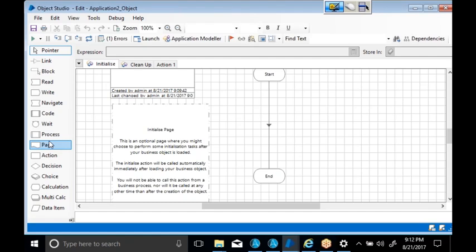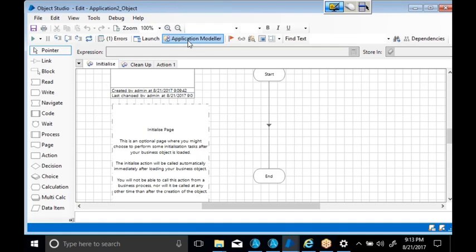Now, how can I interact with the application? I said I will automate the application by using the stages and the object. How can I integrate my application with Blue Prism Object Studio? For that we have a feature called Application Modeler. Write down: Application Modeler is used to interact with the application and to integrate the application with Blue Prism.